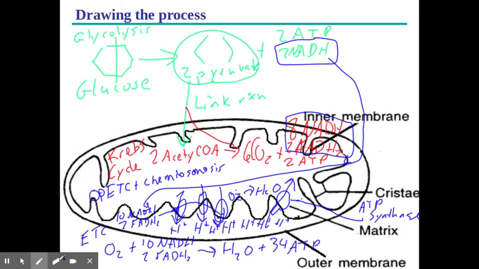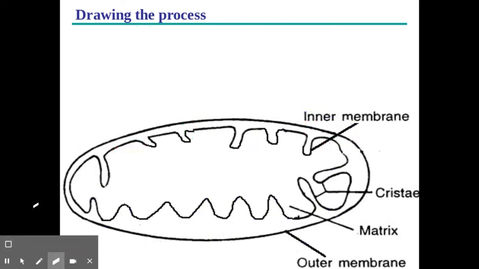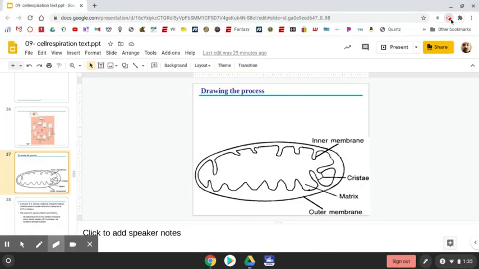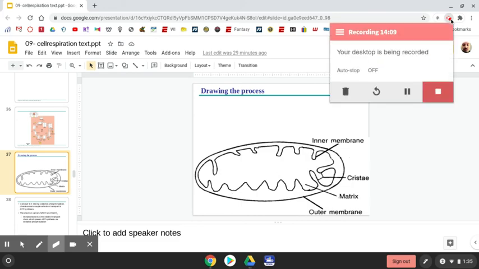So that's the whole process. Again, we break down glucose. We do this through a series of steps, but eventually, what is the goal? Our goal is to break down glucose and to make a whole bunch